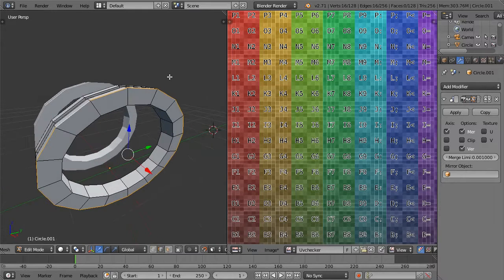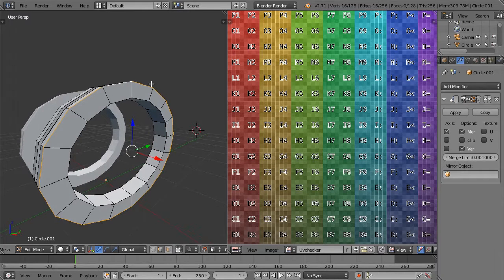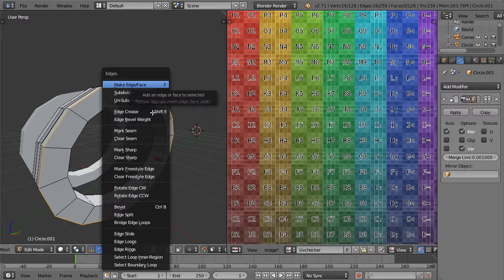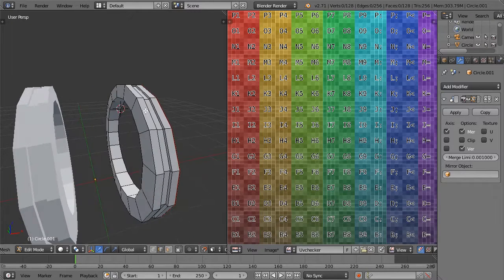But you can actually change the Alt right click option, which is a selection mode, we can actually have it tag seams instead. And that'll allow us to quickly unwrap more unusual shapes. But something like this where we can just take a loop and then hit Control E and mark a seam, that's easy. I'm just going to keep doing that. Control E, mark seam, and then